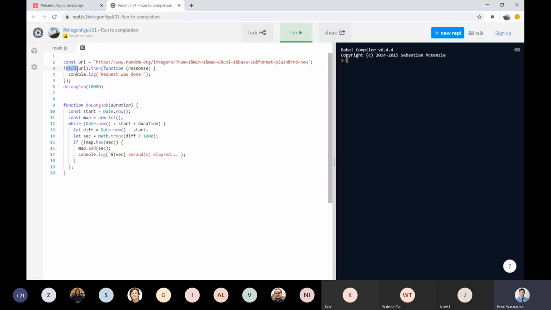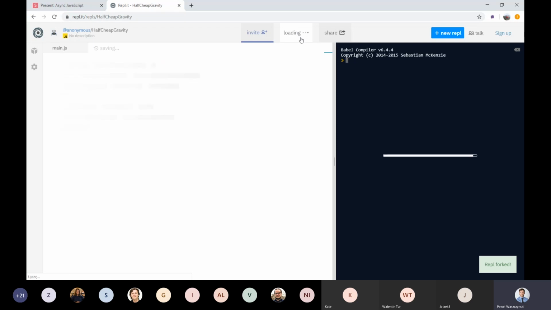We are using the fetch API. Basically, this function just executes an AJAX request and gets the response. Usually calling this API takes a few milliseconds. So if we just execute the code,